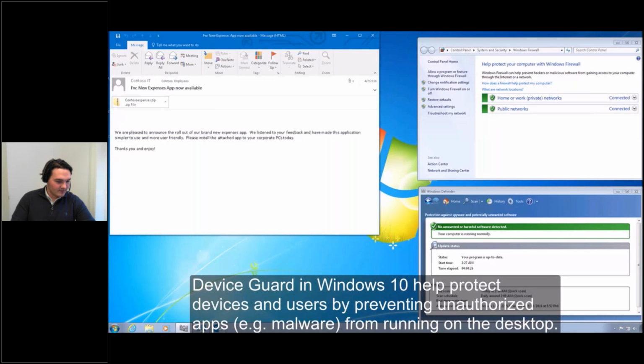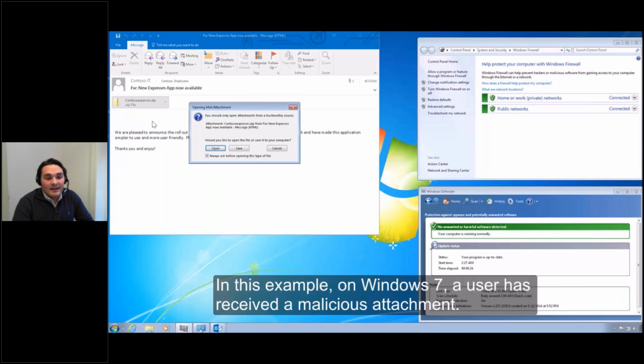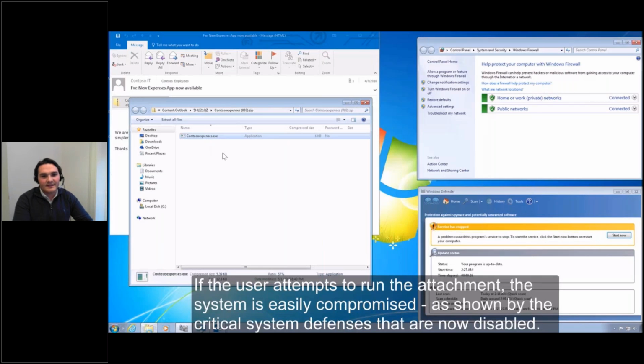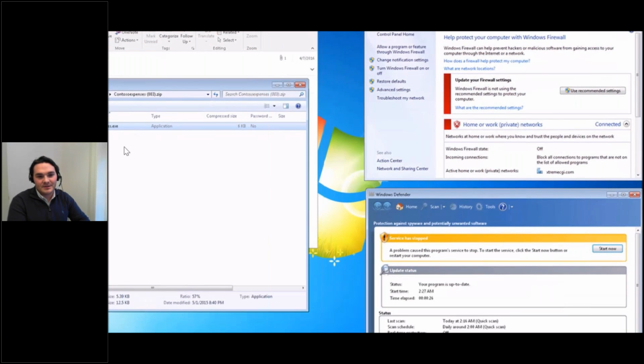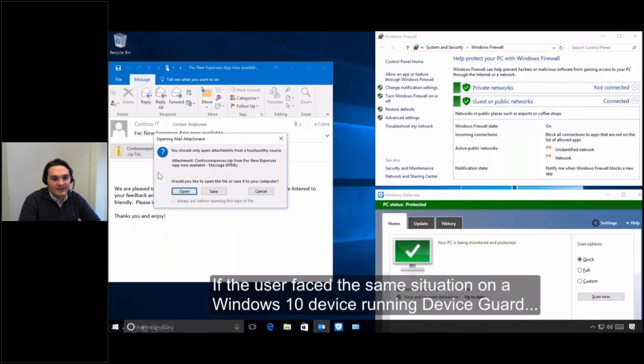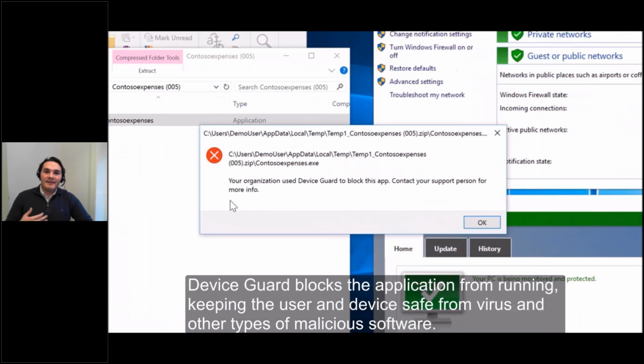Let's see if we can get this video started. There we are. And Device Guard, of course, if we look into Windows 7, where we didn't have Device Guard, all you do is that you would open a file and all of a sudden you are breached. But with Device Guard, as we can see in this video on Windows 10 Pro, you would instead open the attachment, but instead of the attachment opening, the Device Guard would pre-scan it and send out the dialog telling you that unfortunately you cannot open it due to malware being a part of the